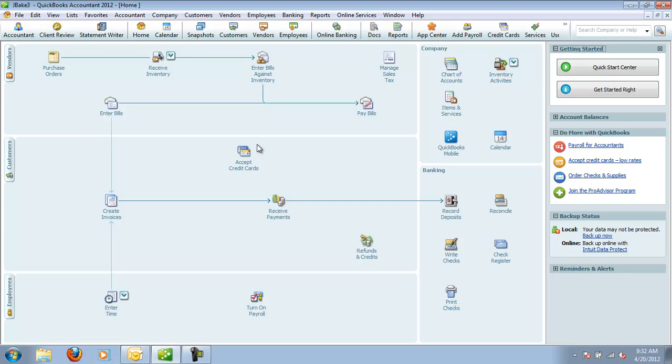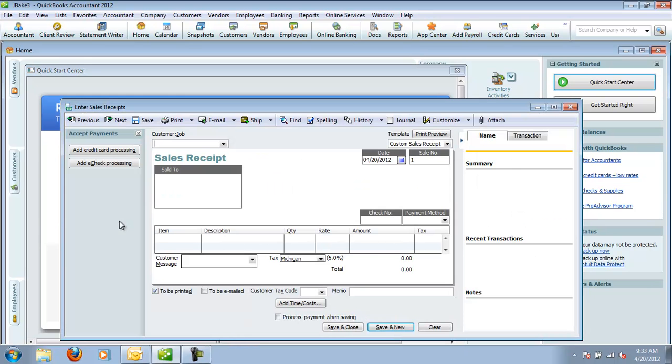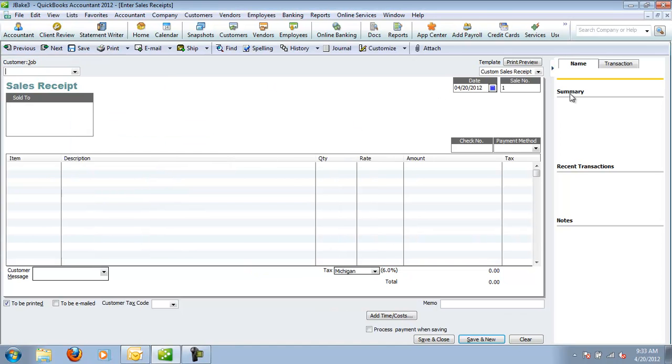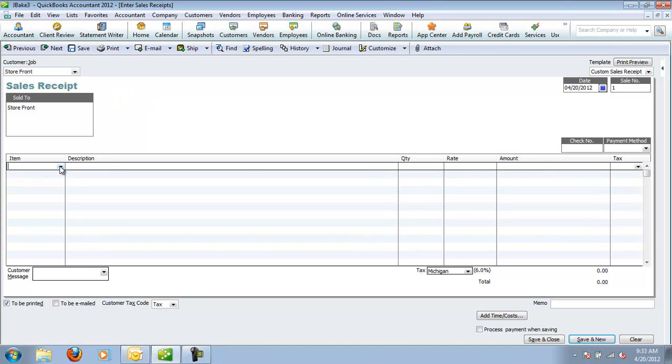We also need to, for our to-do list, if we had our day 1 on the sheet you'll get later, day 1, this is April 9, we got to do our sales receipt for the storefront. So if we go to our Quick Start Center and enter a sales receipt, it's a little easier to view if you close this Accept Payments window, especially if you're on a small computer, and hide the history to make it a little smaller. But our customer would be our storefront, and the list of items that we've sold were,